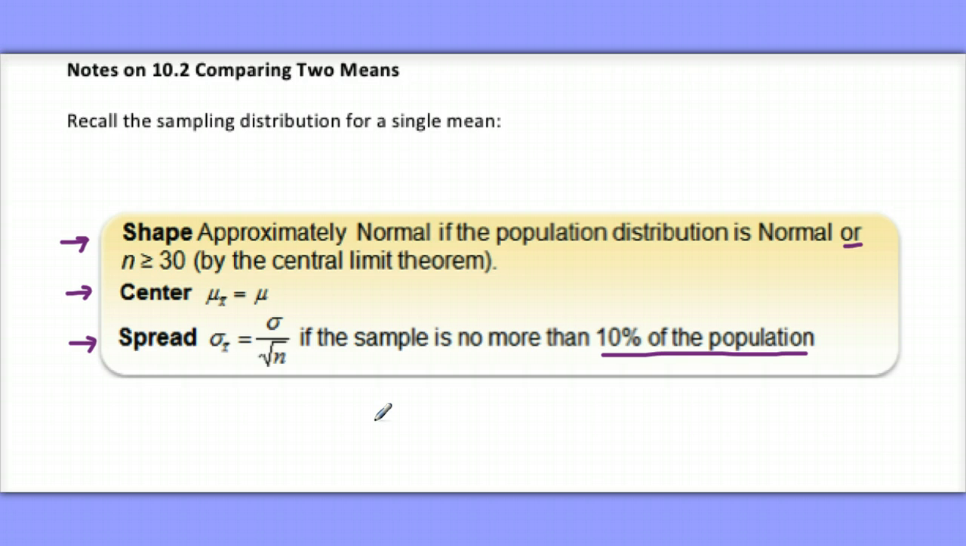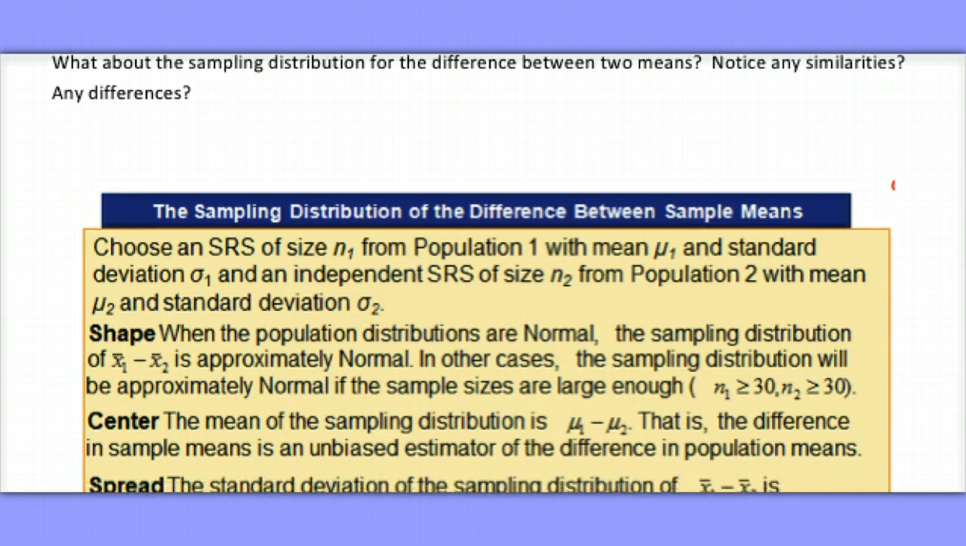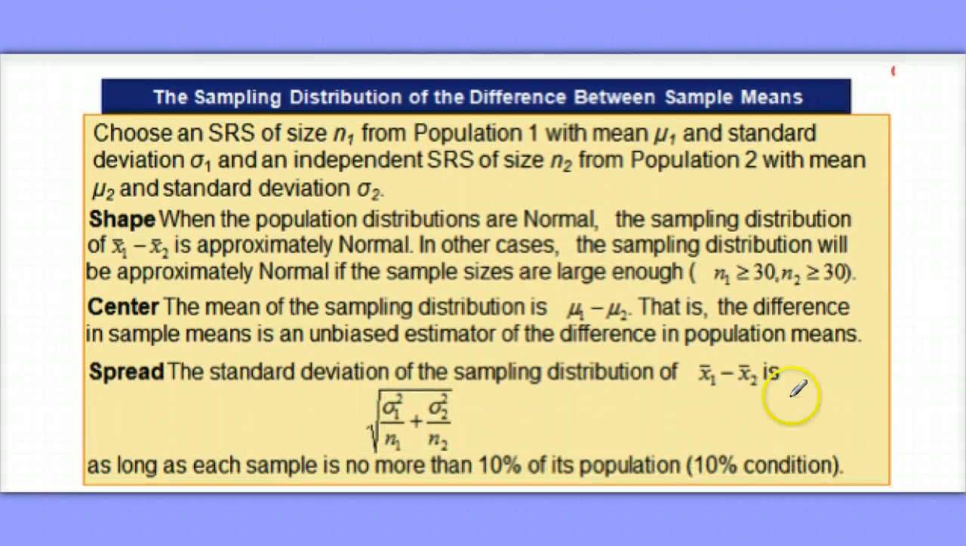Now let's talk about the difference between two means. So we'd take two samples and we'd have two sample means, and we'd be looking at the differences of lots of pairs of sample means from the two different populations. Are there any similarities and are there any differences? Well, we definitely want to work with a simple random sample,